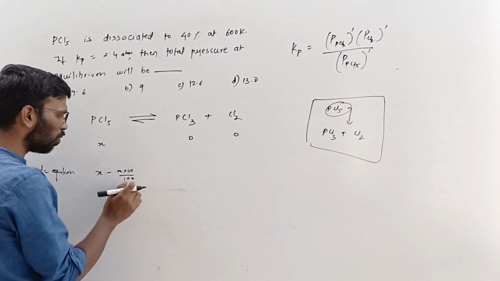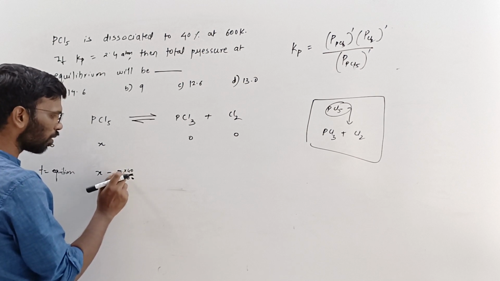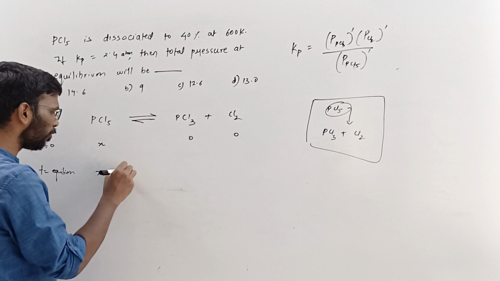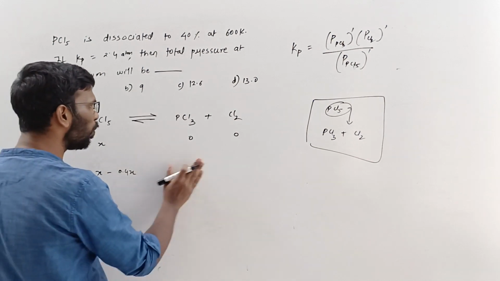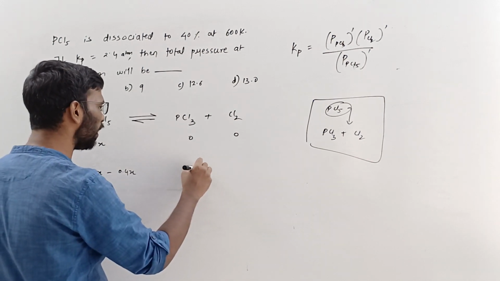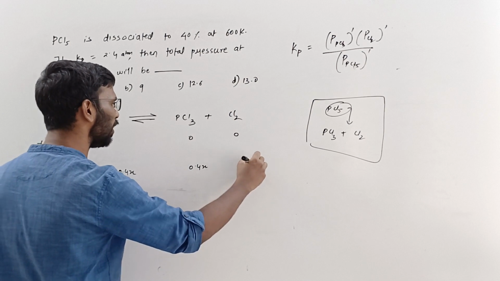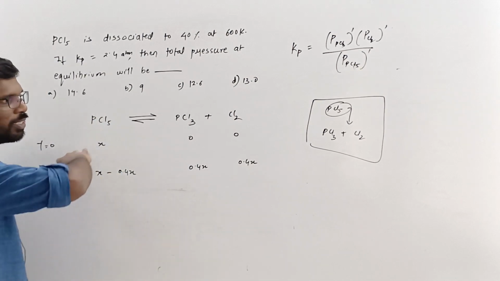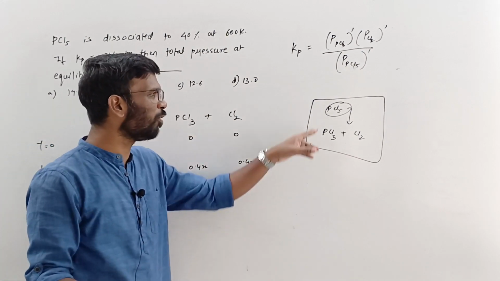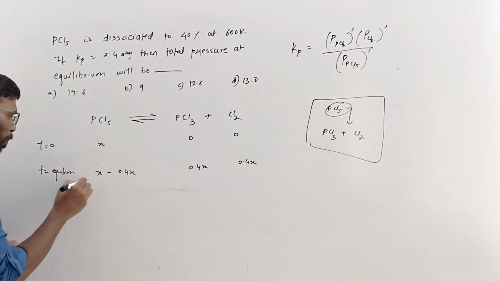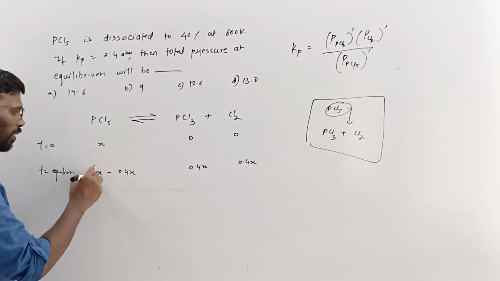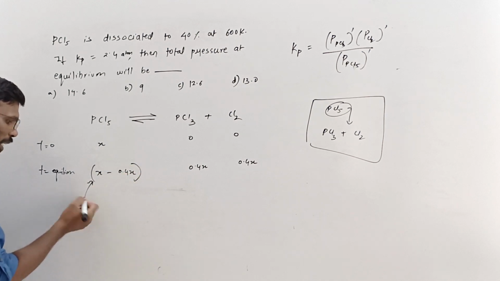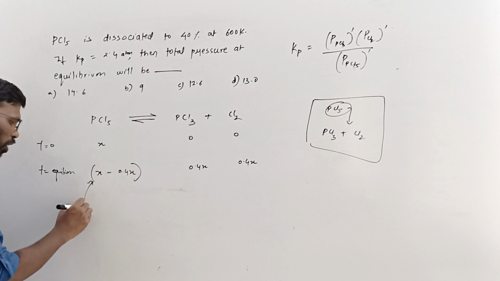So x into this will be what? 40x divided by 100 is 0.4x. And this will be what? Both the sides it is split. On the other side it is 0.4x and 0.4x. Now, everything is in the reaction mixture. How much PCl5 is remaining? This is the PCl5 remaining. This is the pressure at equilibrium. You will call this a partial pressure